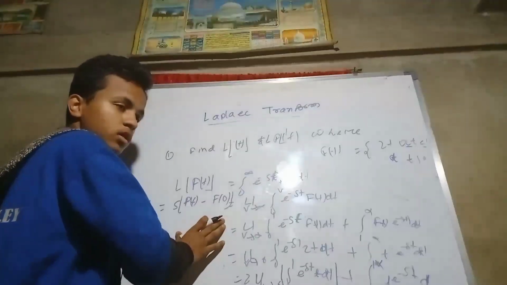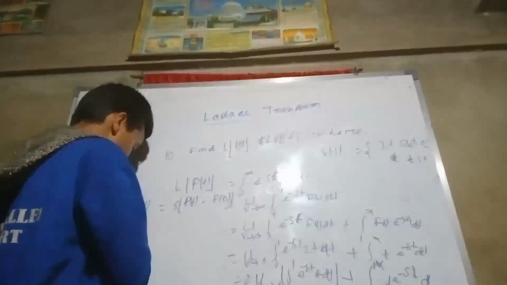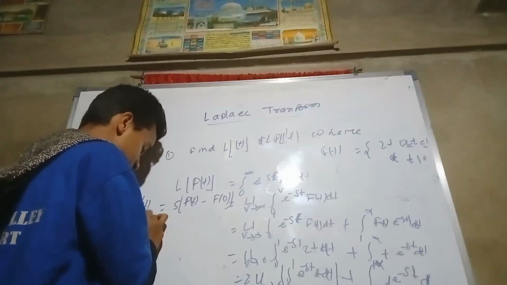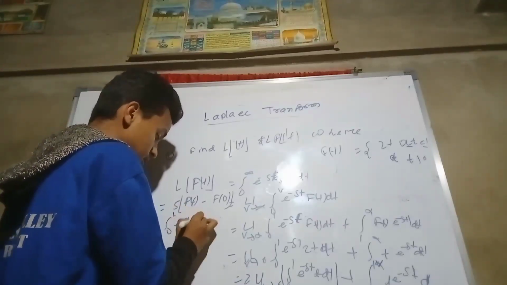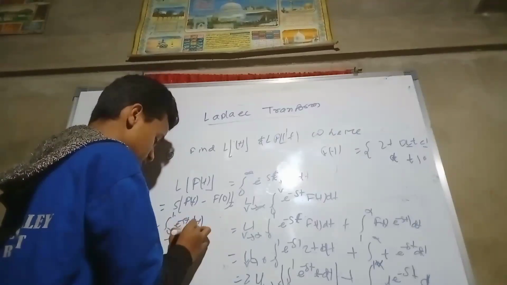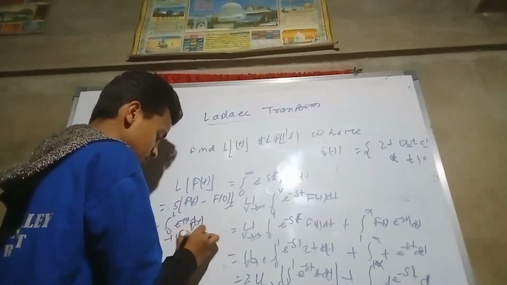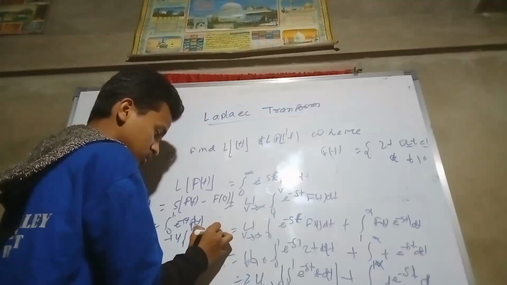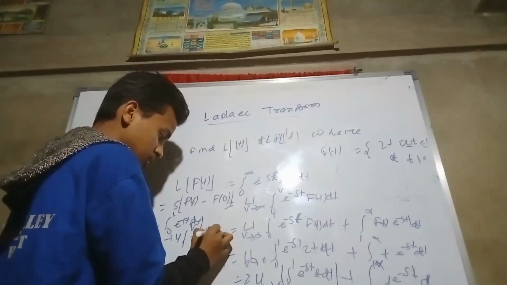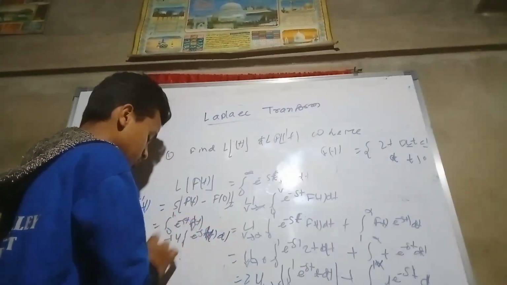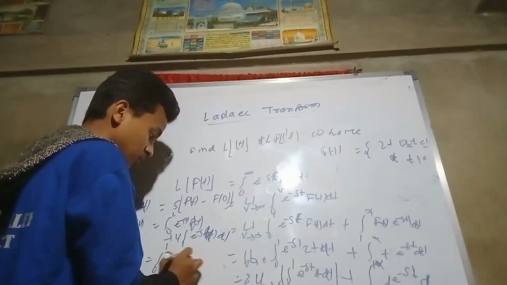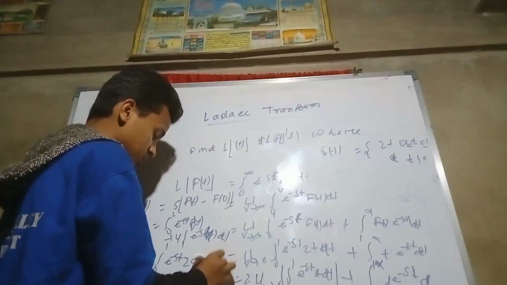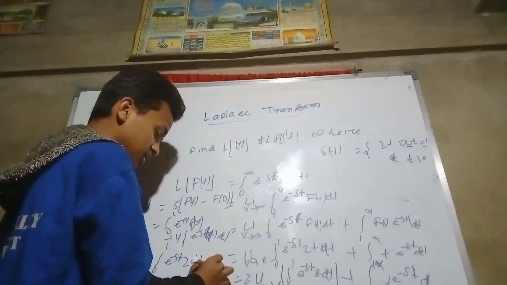Or you can easily find it if you do not want to. So we can write it. The Laplace transform of f dash t is what we know: integral 0 to 1 of e^(-st) f dash t, plus integral 1 to b of e^(-st) f dash t dt. What is the derivative of f dash t? 1 e^(-st) upon 2, dt, plus